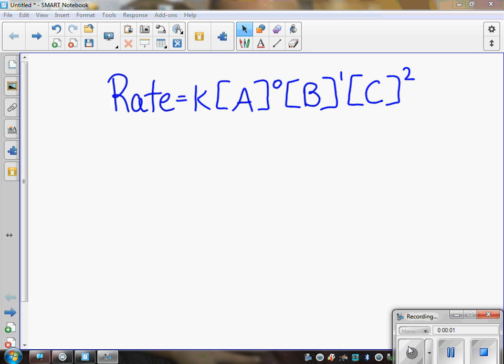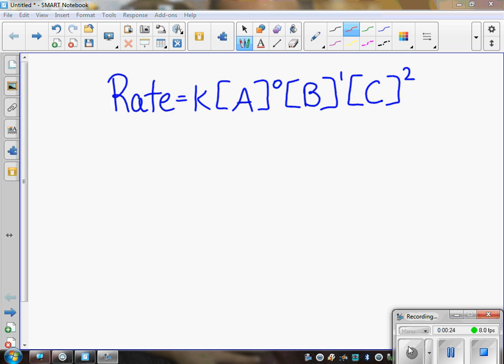Okay, let's go ahead now and talk about what those exponents mean. You now know how to figure out what they are. You have to use that data. You have to calculate it based on that data by setting up that ratio like we did in our rate law notes. But what we did kind of skip over in those notes was what those exponents actually mean,